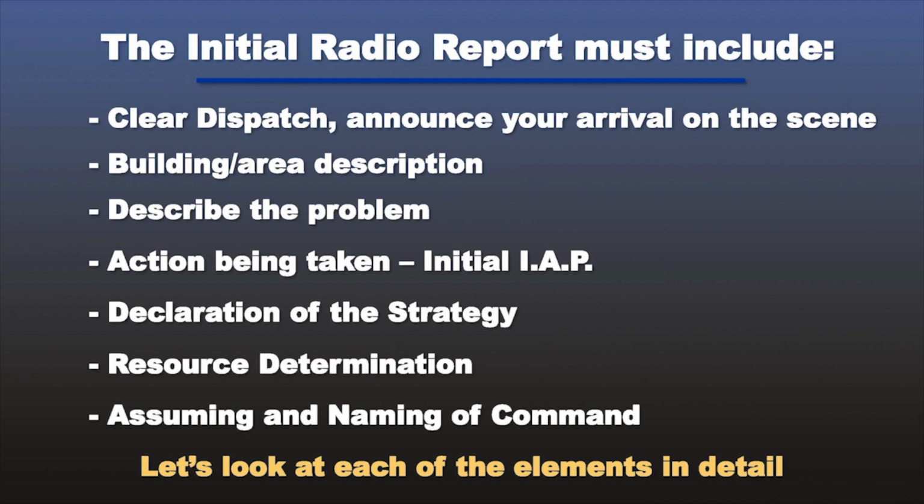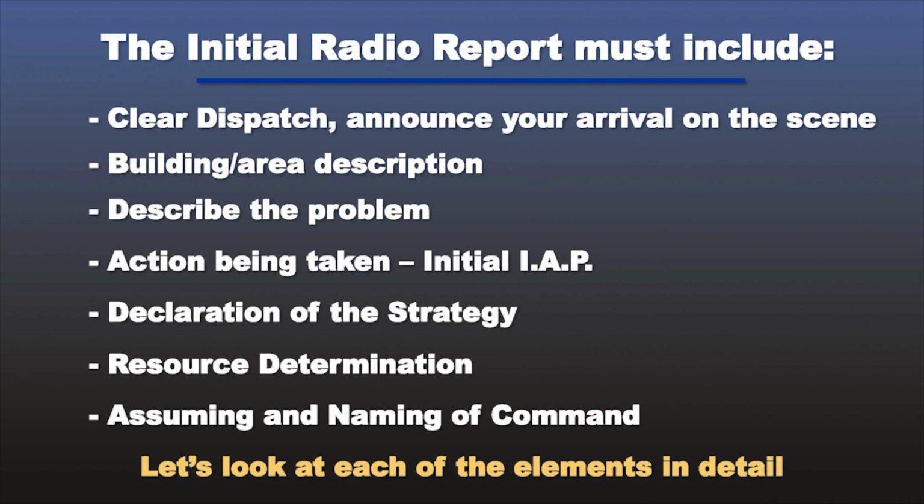The initial radio report, usually given from the front seat of the engine, begins the command, control, and communication process with a brief report that describes the conditions witnessed upon arrival and will be the reflection of the strategic decision-making model. The 7 basic elements of the initial radio report include the following: clearing the alarm and announcing your arrival